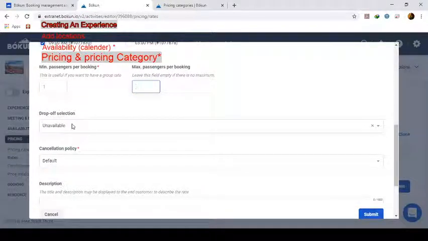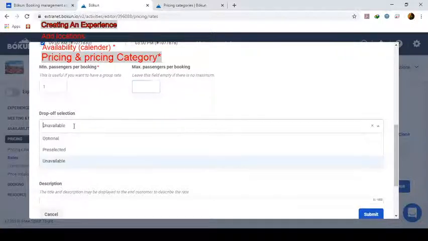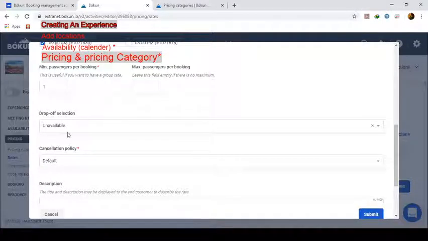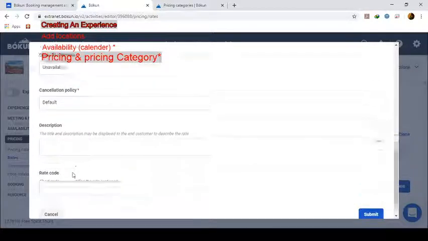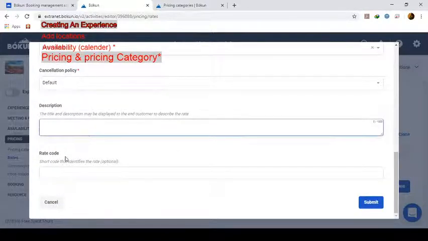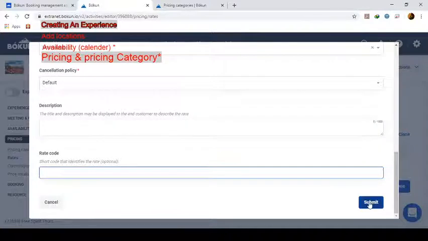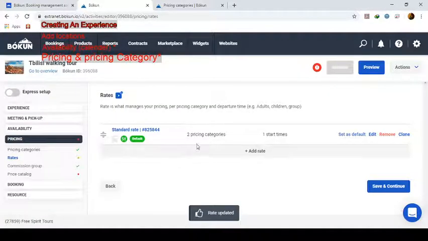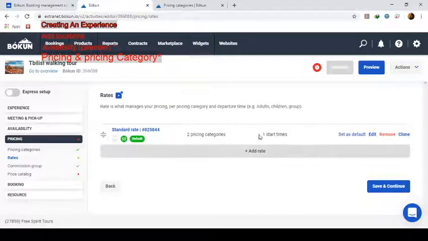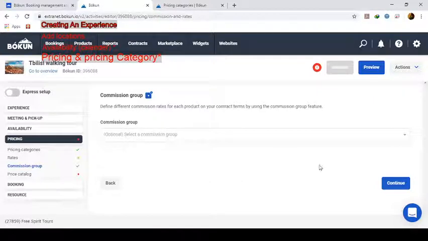The drop off selection is unavailable, so we don't need to specify this one. And the cancellation policy, default description for the rate and rate code, all this is just for specifying what is the standard rate. You can have more than one rate, a standard rate or moderate rate or some other rates. So for this program I just have one rate for everyone. Then I will save and continue,